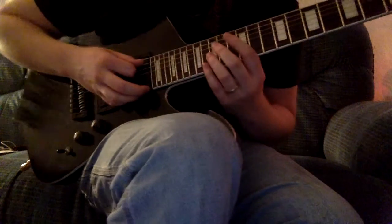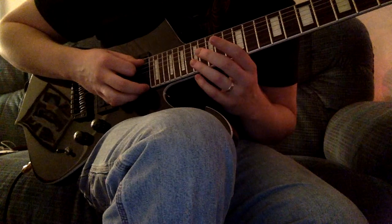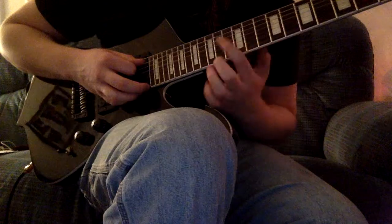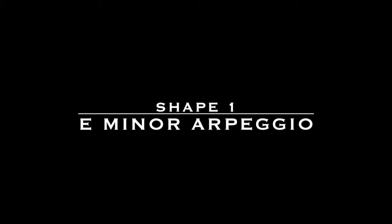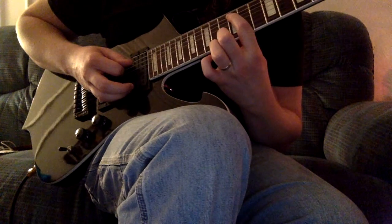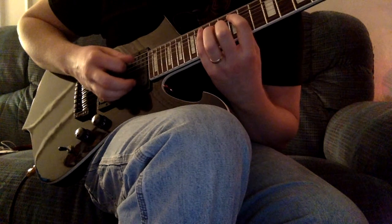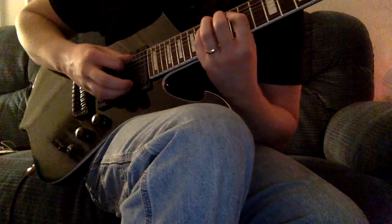Okay, so we're going to format the minor arpeggios much in the same way we formatted the major ones. The first arpeggio is going to start on the 6th string, the other two are going to be on the 5th string. Your first finger starts out on the 12th fret of the 6th string, that's E, so this is going to be an E minor arpeggio. E, your pinky is going to hammer on to 15,